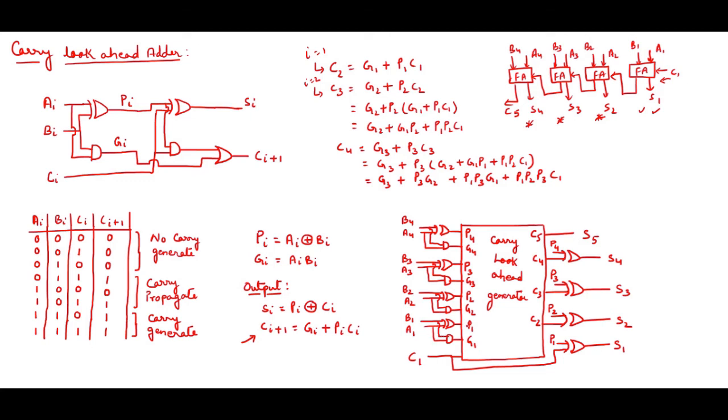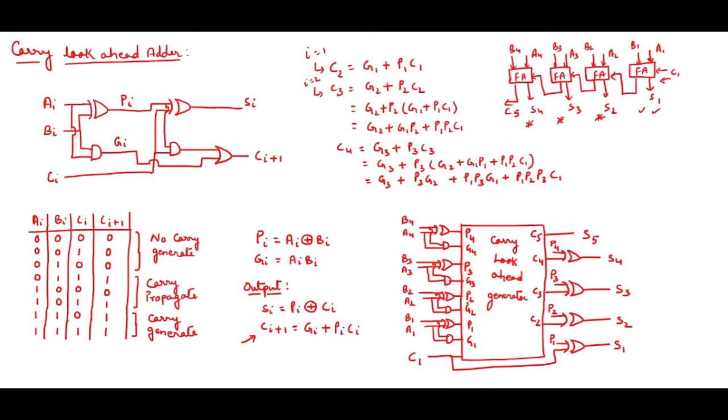So P1 is what? A1 and B1 give me P1, right? In the circuit you can see this is P1. So P1 is taken to the circuit as well as P1 I have written over here. So that means you can sort it over here, and put it out, okay. And C1 I have taken externally. Similarly P2 you can take externally and give it over here. Because of the mess I have not done the connection, okay.